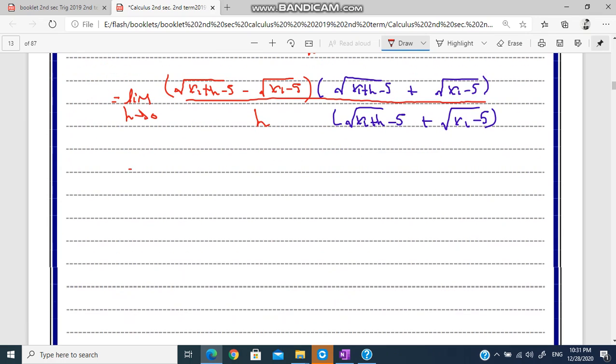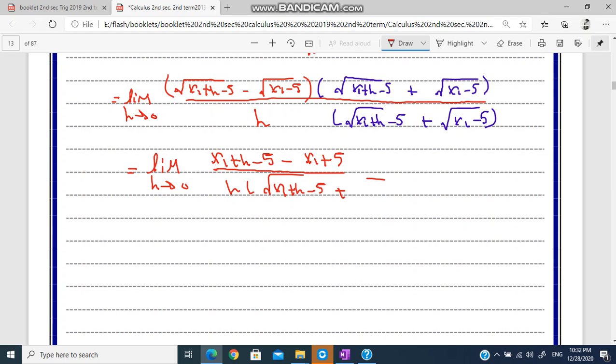So the limit as h approaches 0 of x1 plus h minus 5 minus x1 plus 5 over h times (root of (x1 plus h minus 5) plus root of (x1 minus 5)). x cancels with x and